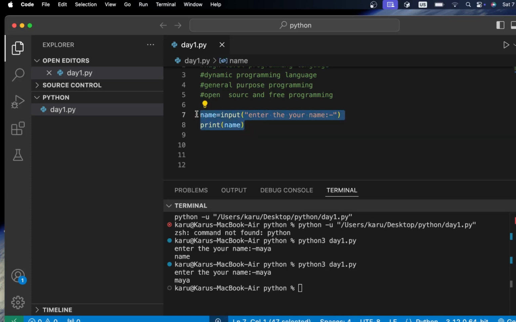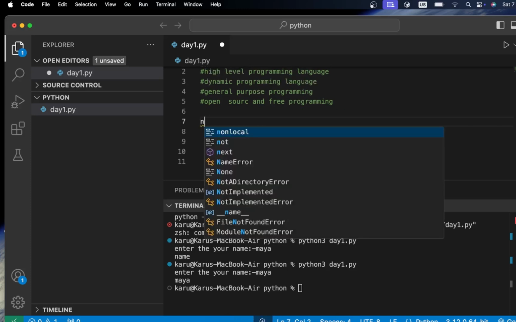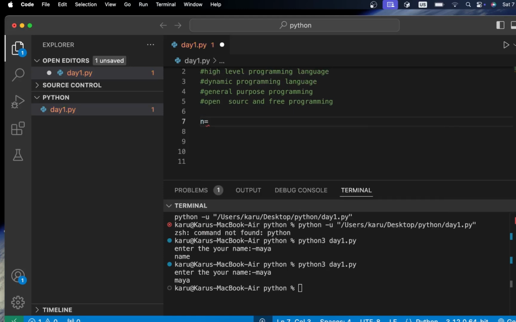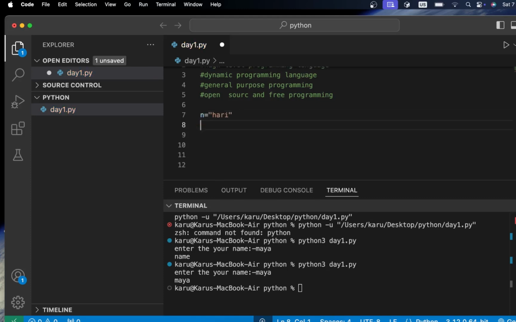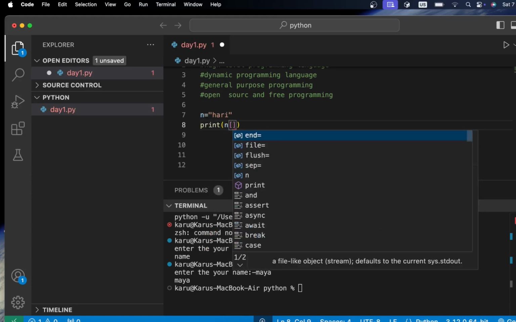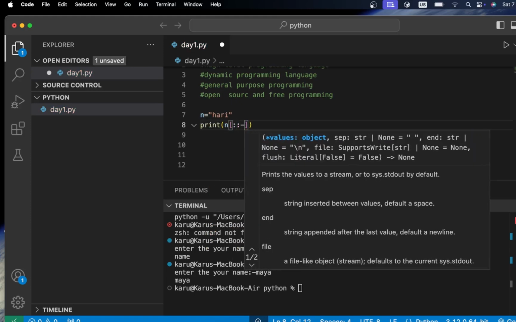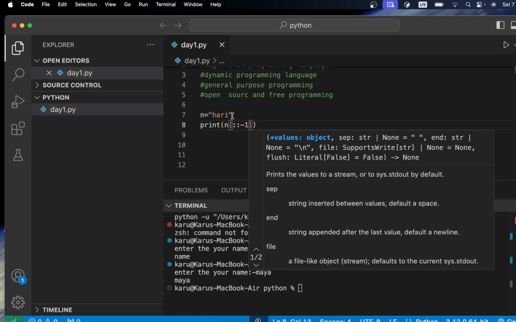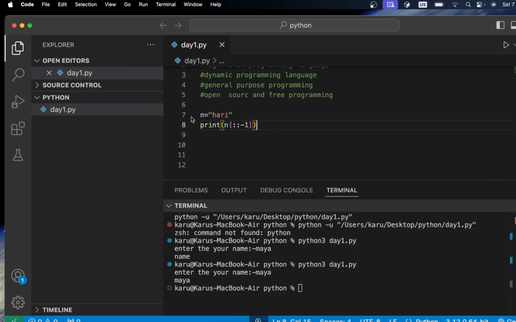Okay, I want to write n equals hurry, and then print hurry, Ctrl+S. Print this variable n.